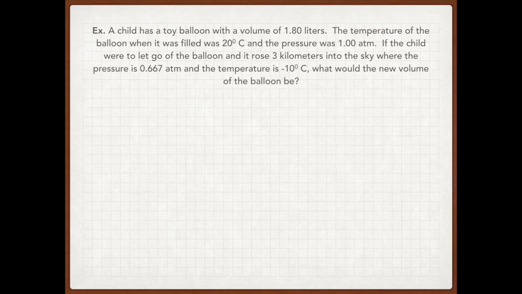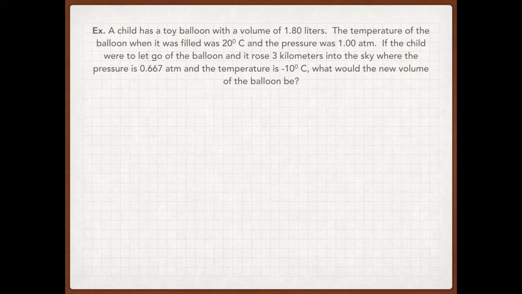So let's look at it. In this problem, it says a child has a toy balloon with a volume of 1.80 liters. The temperature of the balloon when it was filled was 20 degrees Celsius and the pressure was 1 atmosphere. So I've got three variables now. Let's make sure all three of those change. If the child were to let the balloon go and it rose 3 kilometers, extra information that you don't need to know, we don't really need to know how high up it goes, but notice the pressure changes to 0.667,